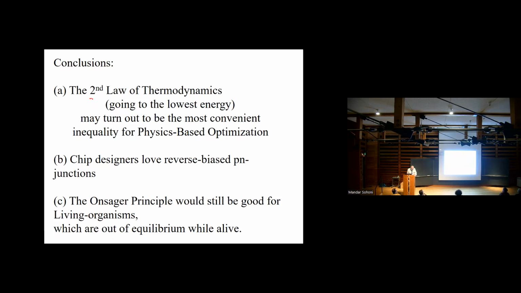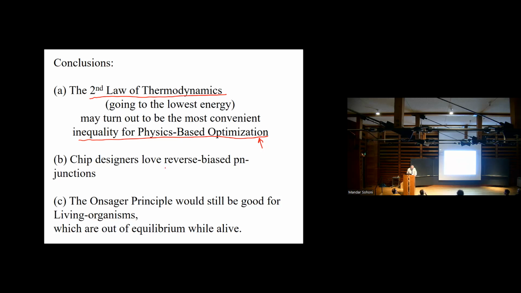So I would say that we have underutilized the second law of thermodynamics, and it may turn out to be the most convenient inequality for physics-based optimization, but we have to be a little bit clever about separating the timescale of the computation from, if we do it electrically, there's inherent leakage and so forth. It's different from mechanical systems. In principle, there's leakage in mechanical but they're very stable over the long run. Maybe the electrical systems can't sit around quite as long, but they have many other advantages.